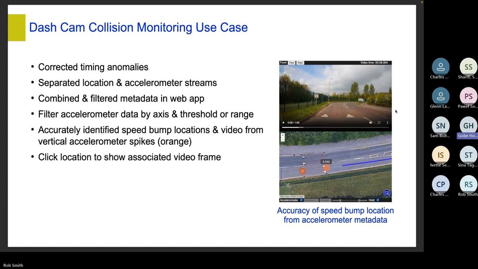This has an accelerometer toggle to hide the orange data, so we can see the map behind. And there are controls to filter the accelerometer data, to select an axis, range or threshold, and then a slider to adjust the value, and a hold toggle, which freezes the accelerometer data display, the orange data, so we can see data in the future, because remember, this is all synchronized with video. And I can demonstrate all of this right now,